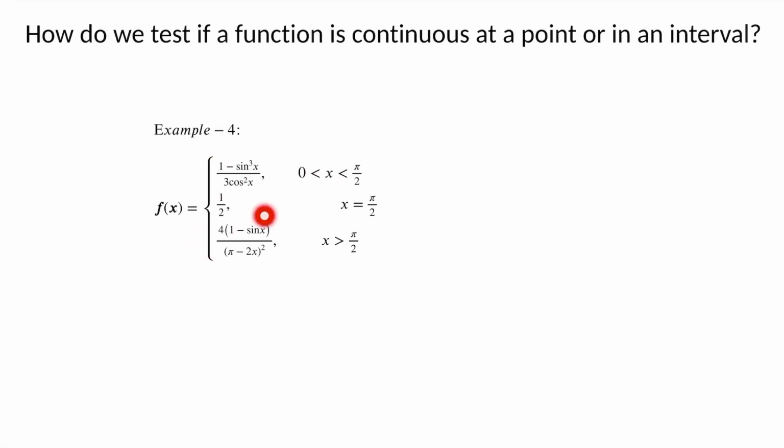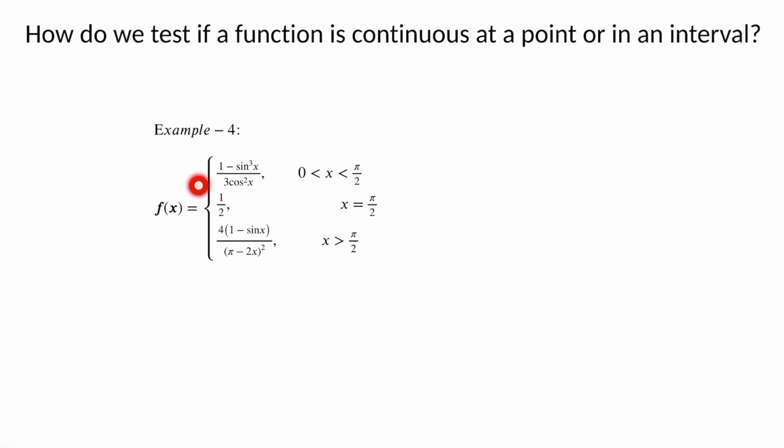If you look at this bottom expression, again the same thing applies: for values of x greater than pi by 2, not equal to pi by 2, this denominator doesn't become 0, and therefore this function would be continuous in this interval, and it would be defined. And at x equal to pi by 2, it takes a constant value, which means that it is defined and continuous just within this interval. So all that you need to check is, for this function as a whole, is it continuous or not at the point x equal to pi by 2.